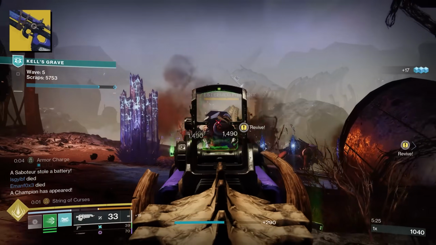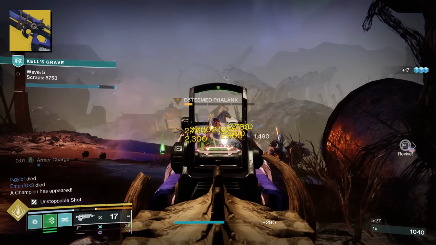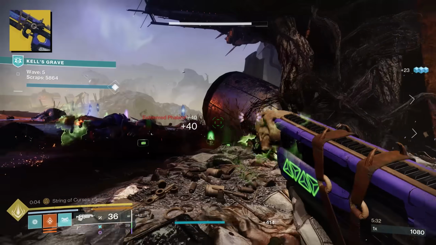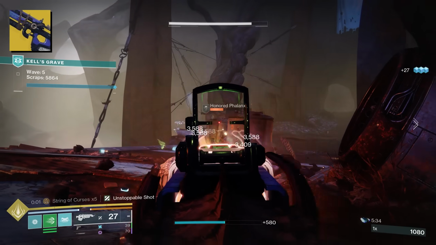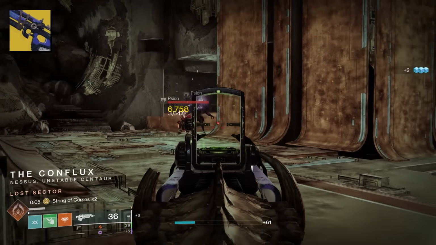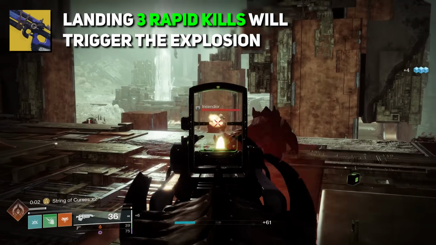kill. Now, there's been some debate on whether or not it was completely random to get those explosions. Some people have even said it takes somewhere around 140 to 150 kills to trigger. But after this update, Bungie has streamlined things. They have now made this just outright a part of the weapon. Simply landing 3 rapid kills will now trigger this